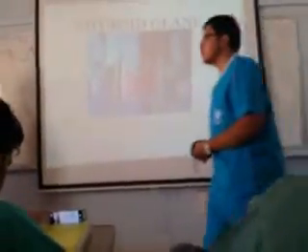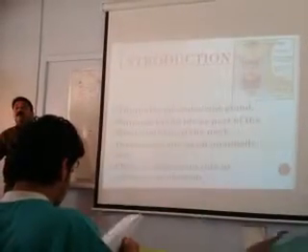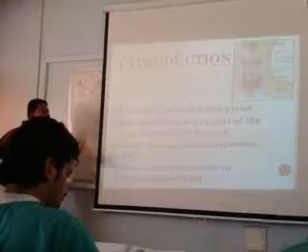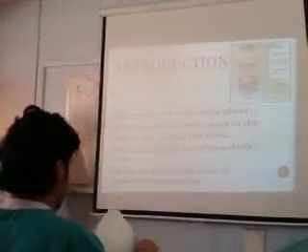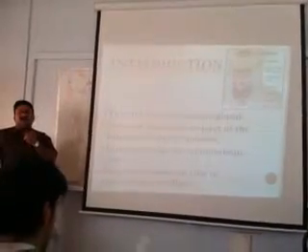So today's anatomy lab is on thyroid gland and parathyroid gland. And thyroid gland, what type of gland is it? It is an endocrine gland. About the introduction of thyroid gland: thyroid gland is an endocrine gland situated in the lower part of the front of the neck.